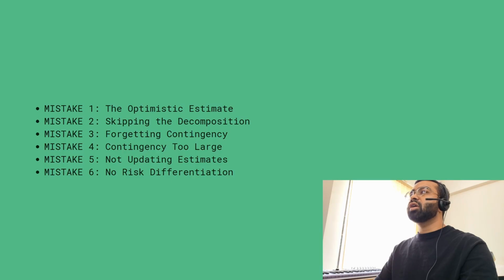Mistake 4, contingency is too large. You estimate $400,000 base plus $50,000, which is equal to $600,000. Client says that's way too expensive. We will hire someone else. You lose the deal because you're scared of risks. Better, estimate the most likely scenario. Use 20 to 25% contingency, which is much better, and the reception of it is also much better by the